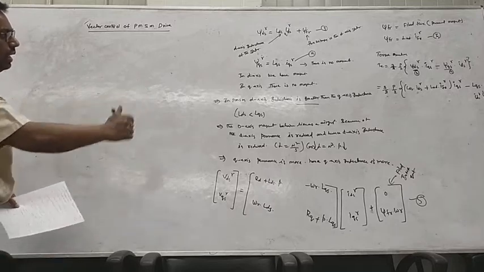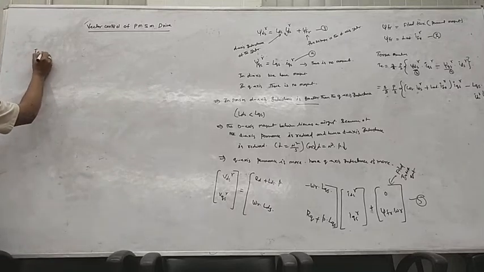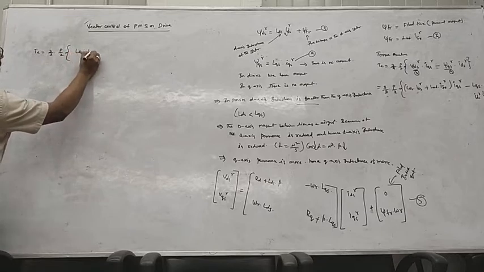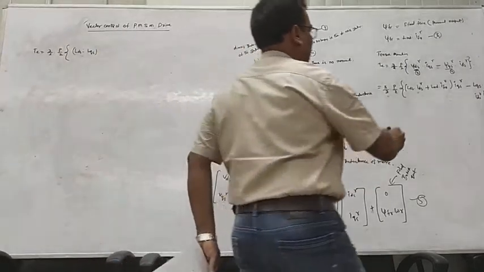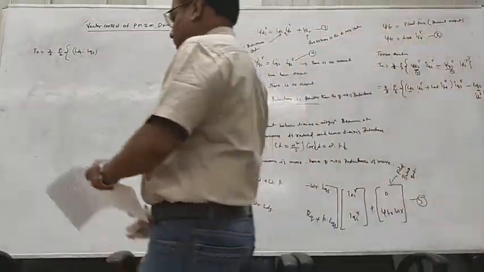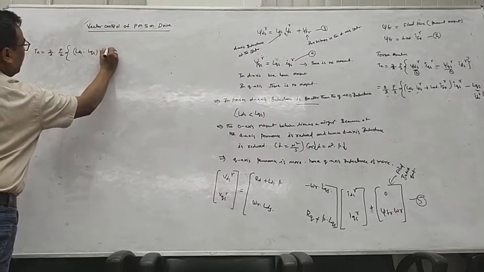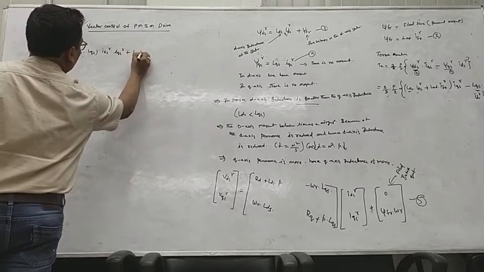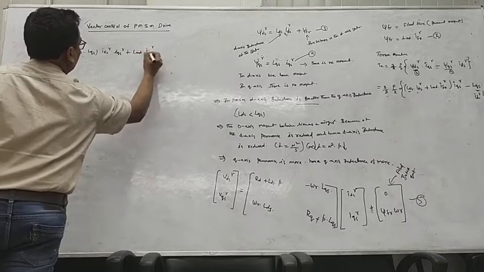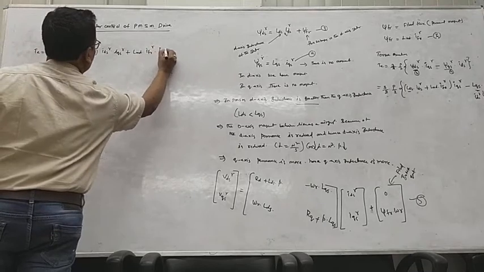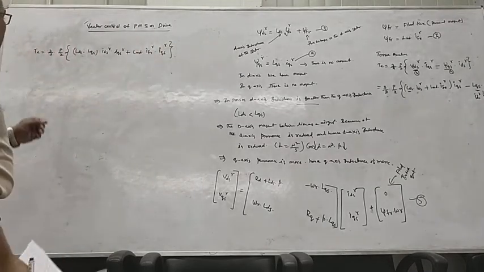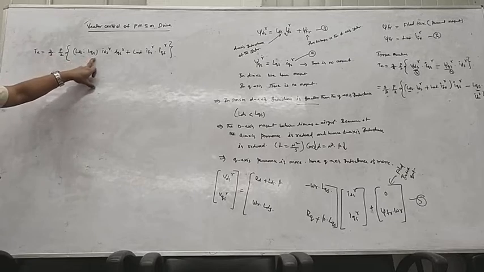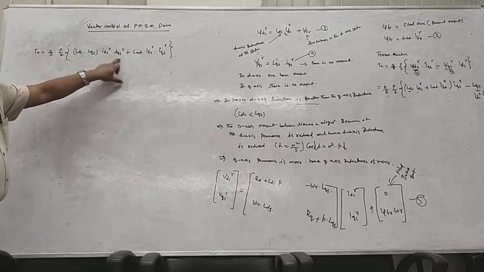If you rearrange the torque equation, then the electromagnetic torque is equal to 3 by 2 into P by 2 into LDS minus LQS, because you see here LDS and LQS, into IDS R and IQS R, plus LMD into IFR and IQS R. If you further simplify that, then this equation is correct.